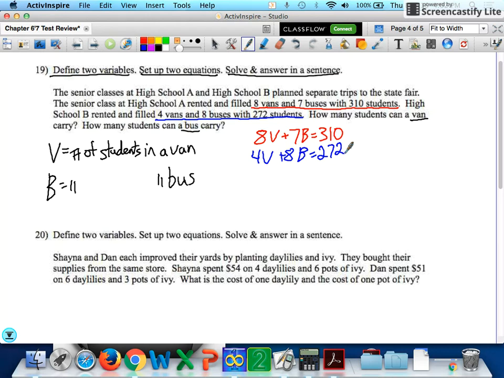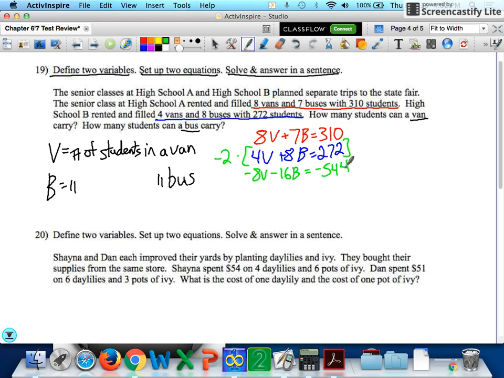Well, now I take a step back, I look and I say, okay, I've got to solve this. What kind of method am I going to use? Well, when things are already lined up nicely for us, elimination tends to strike most people. I know I can change this 4 into a -8 by multiplying by -2. You could also tackle the 7 and the 8 and cancel those out, but you'd have to turn both into like 56, and you start multiplying by bigger numbers, it gets a little bit iffy. Okay? So I multiply here, I get a -8V, which I should so that it cancels, a -16B, and a